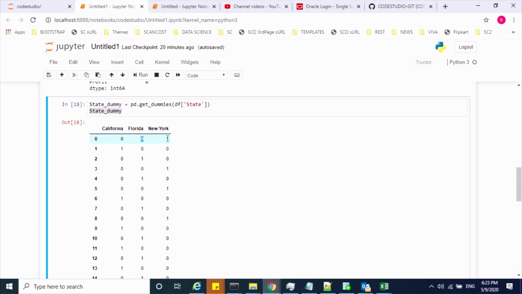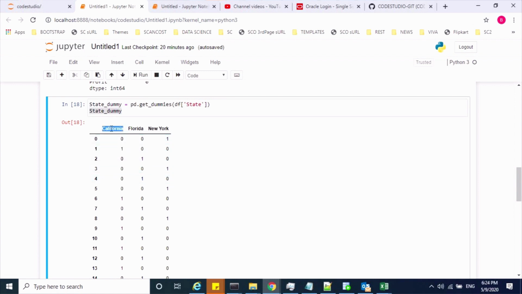Florida 0, New York 1, so this record is relevant to New York state. Now the second record, Florida 0, New York 0, so I can treat this as California. Because for the third record, Florida is 1, New York is 0, so this record belongs to Florida state. So the middle record, I can treat as the California state, right? So using these 2 variables, I can predict the third variable value, right?